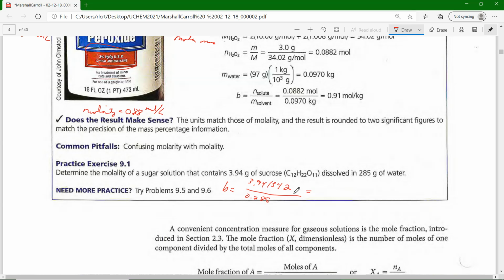So 3.94 divided by 342, and then all that divided by 0.285, and I got 0.04 moles per kilogram. Or if I want a bit more digits, 0.0404, moles per kilogram